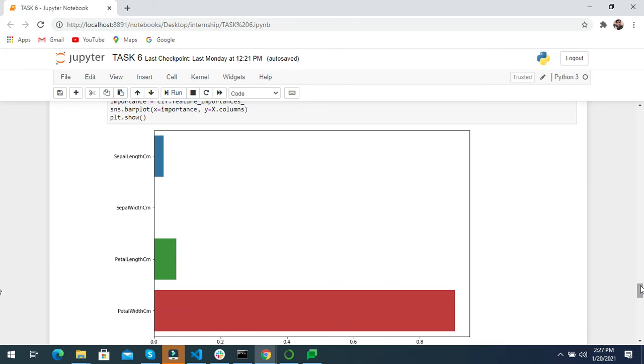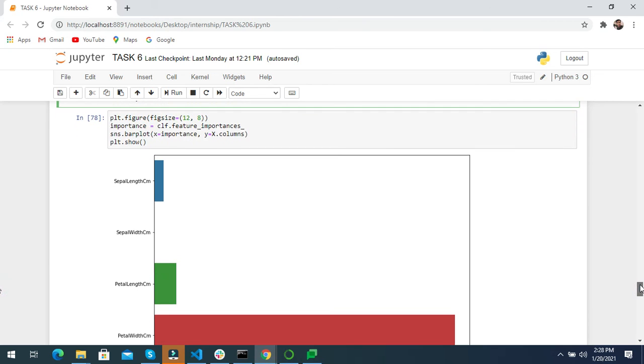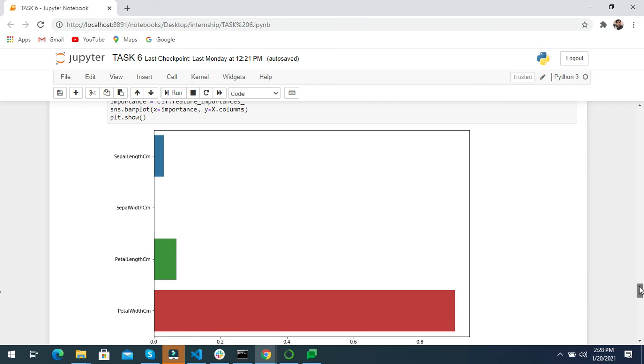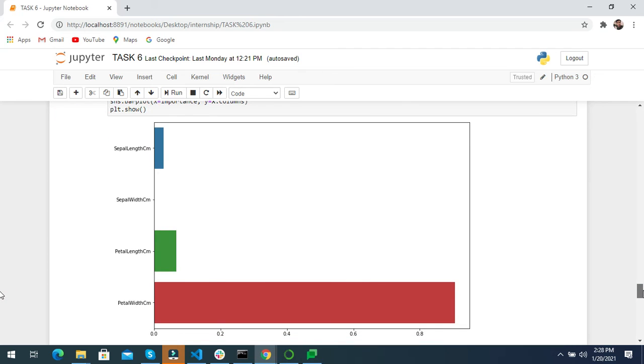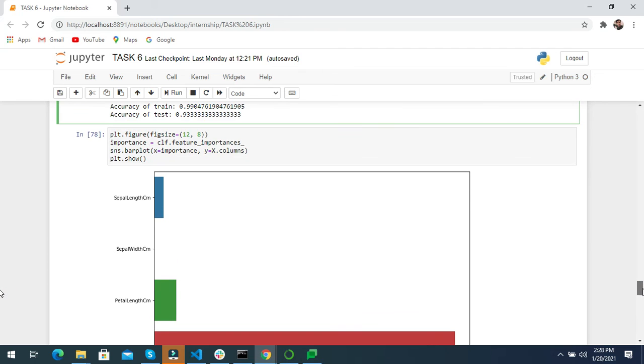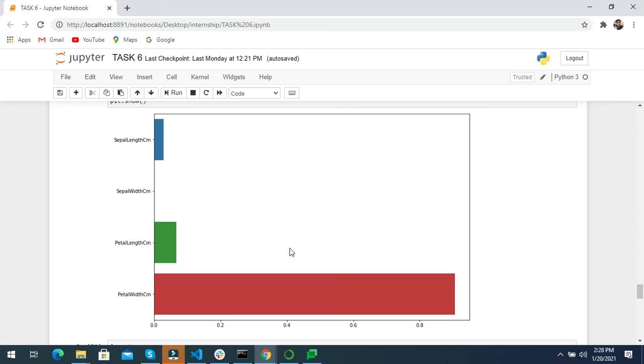In a decision tree, feature selection is a very important technique, and you see that petal width centimeter has the highest importance as compared to these three. It means that petal width centimeter helps our model predict the value more as compared to petal length centimeter, sepal width centimeter, and sepal length centimeter.